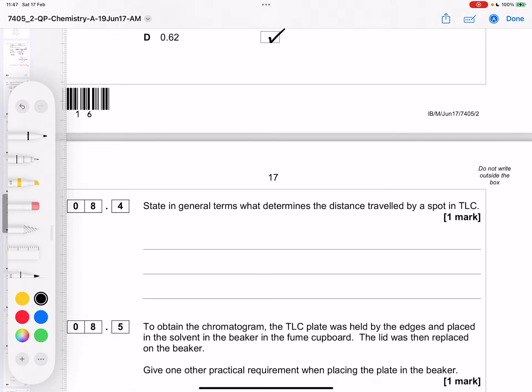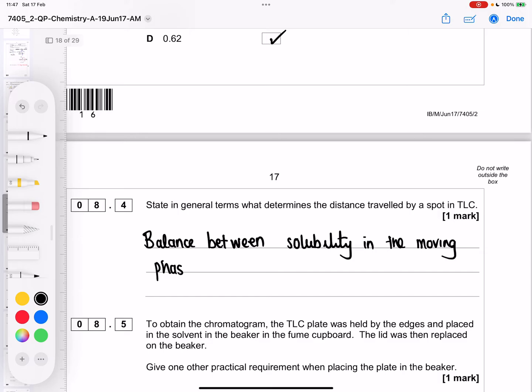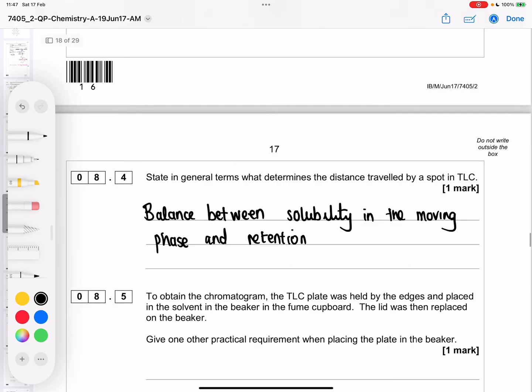The next thing says, state in general terms, so this is just really a statement that's out of the specification, what determines the distance travelled. It's determined by the balance between solubility in the moving phase, or mobile phase, if you want to call it that, and retention. So it's a balance between solubility in the moving phase, how much it dissolves, so how much it likes the moving phase, compared to how much it's retained